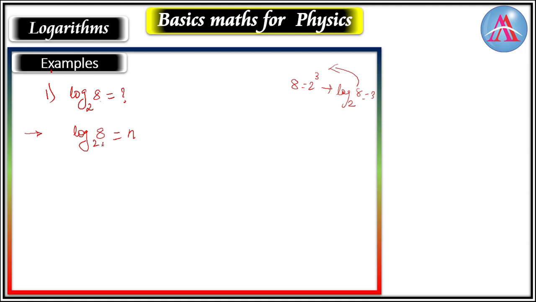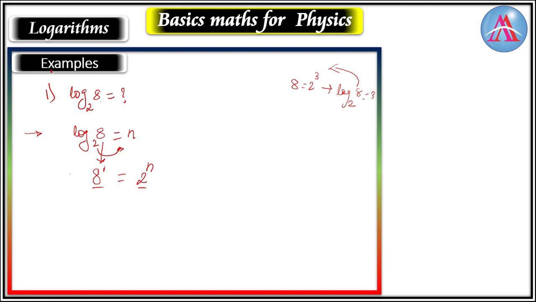So now how to convert it? Let us take this number as it is, 8. Now move this base from here to this side. So the base will be at the base position and this n will go at the power position. Isn't it so simple? Now here the 8 is having power 1 and 2 is having power n. So there is no comparison. The power is different. And here at the left side the base is 8, at the right side the base is 2. So in no way can we compare these two numbers.